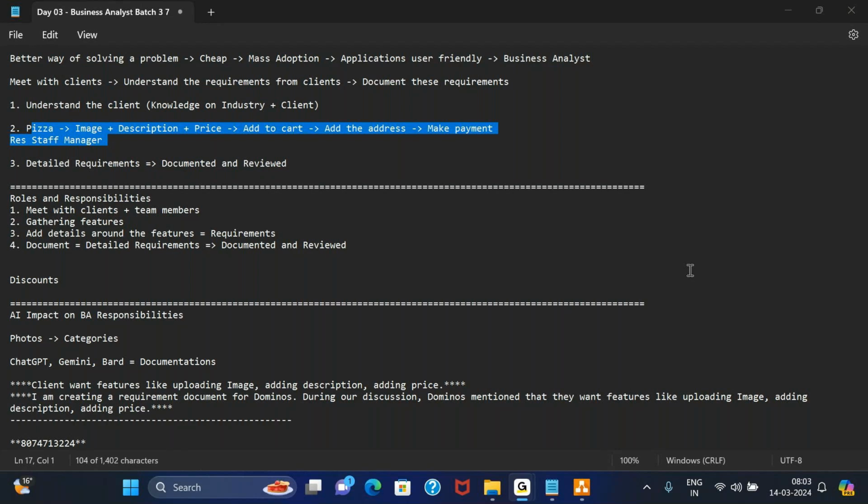So during the interview, if anyone asks you questions related to business analyst, you are able to answer. If anyone asks questions about the project, like what was the name of the client, what does the client do, how are you gathering requirements or meeting requirements with the client, you can provide those details as well.